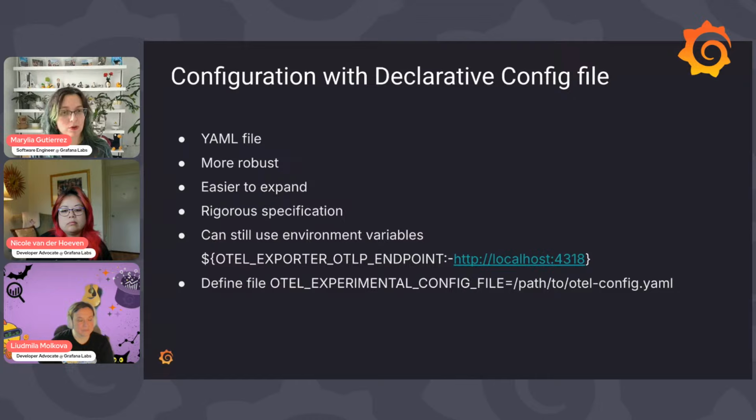Yeah, so now with the config file, basically it is a YAML file. It's a little more robust, easier to expand, and a little easier to visualize. Before, imagine that you want to set up a specific endpoint for your tracer, and then, how do you pass all the values that you want to your trace exporter? You have to say, this environment variable for this and this for the other. But now you just put it in your YAML as an object, and put all the things with the right hierarchy. So it works that way.